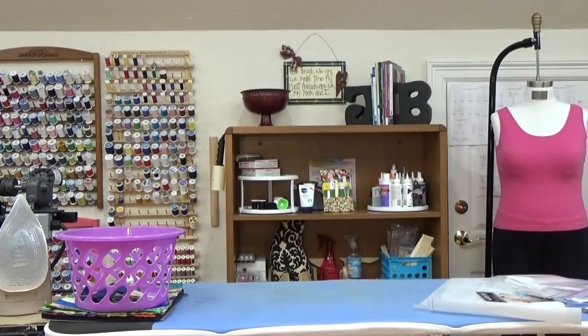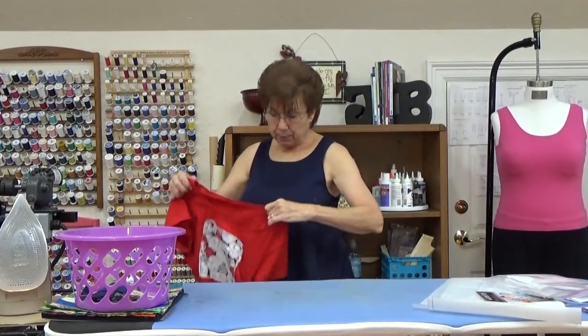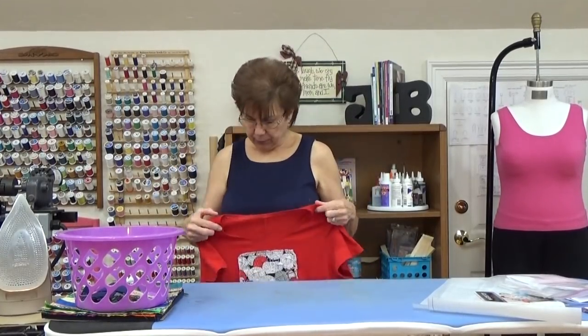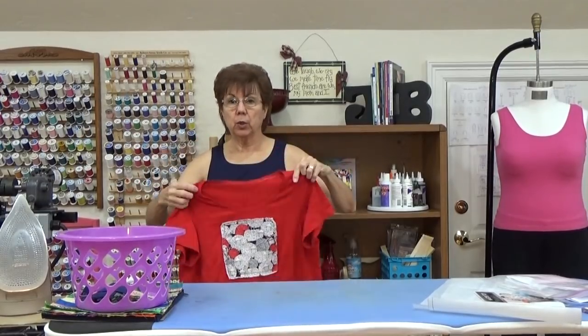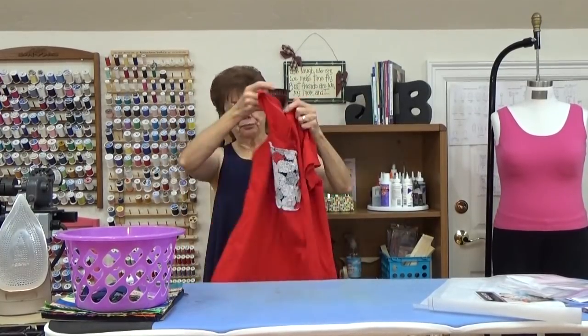So when I made this red one, it's cute, but the fabric is horrible. By the way, there's different qualities of knit fabric. This is a horrible one. It's very, very thin. It actually has a hole in it someplace, came with that. Well, I'd already washed it and cut it out and everything else, so it's too late. I've had it for 2-3 years. I can't call and say, hey, this fabric has a hole in it. But anyway,